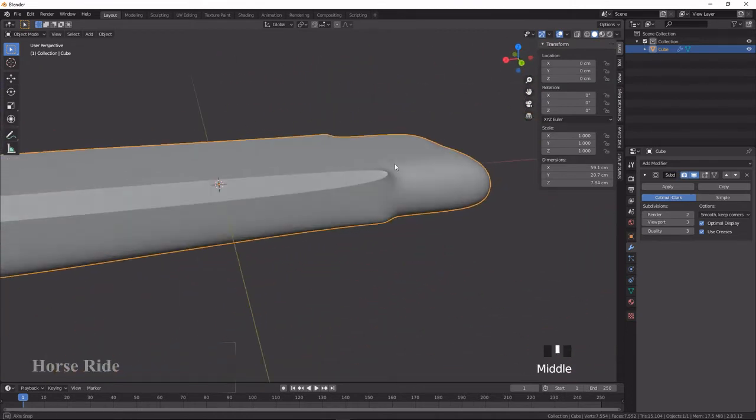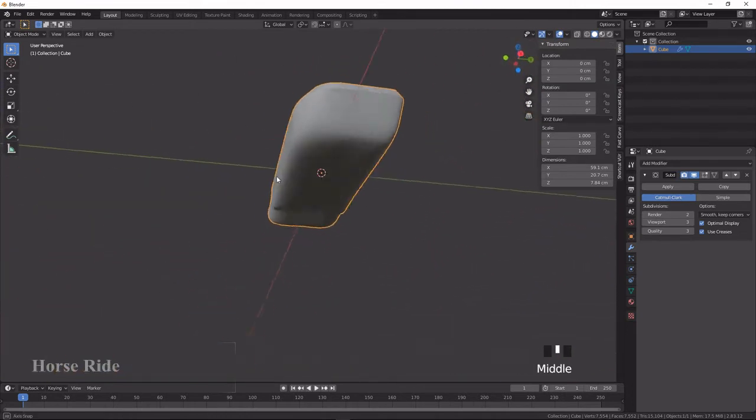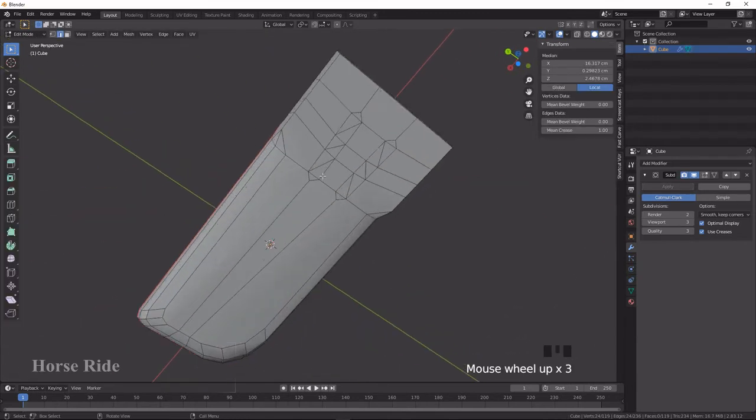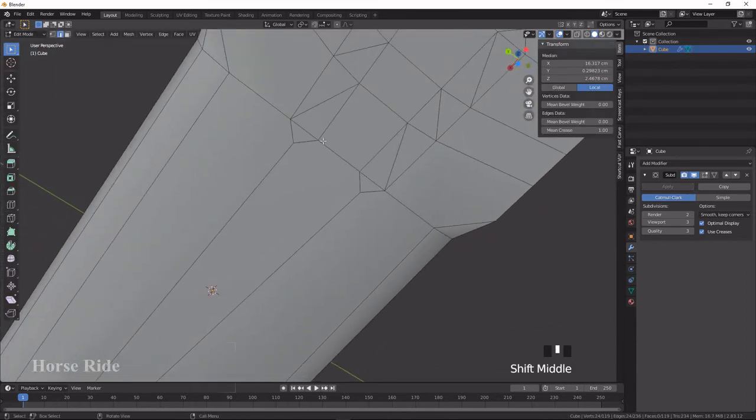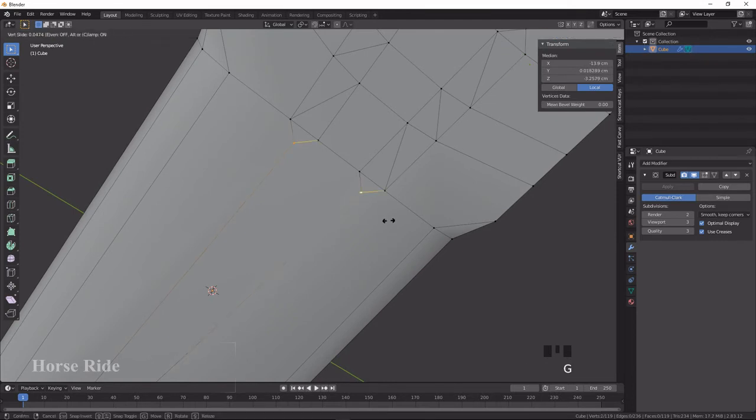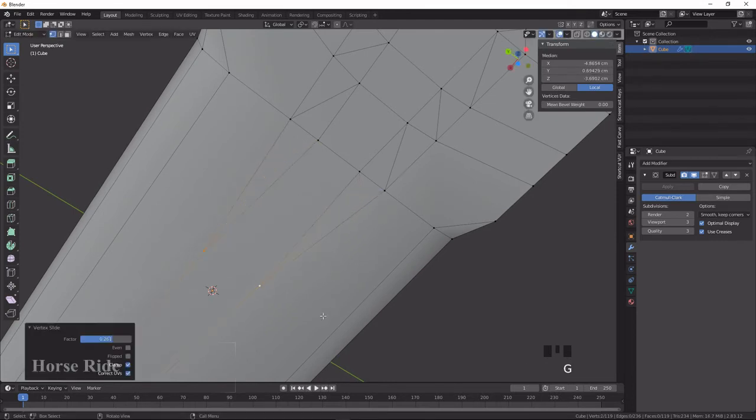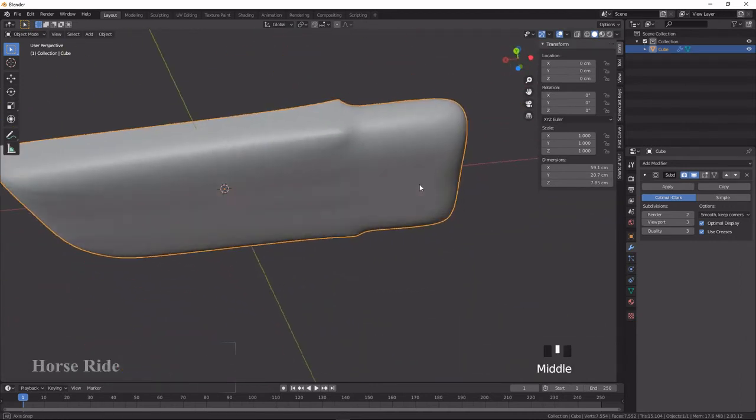Okay, so this is the type of design we plan for the model. Go to tab view and press 1 on the keyboard and press G twice to move it towards the angle of the area. So now this one looks fine.